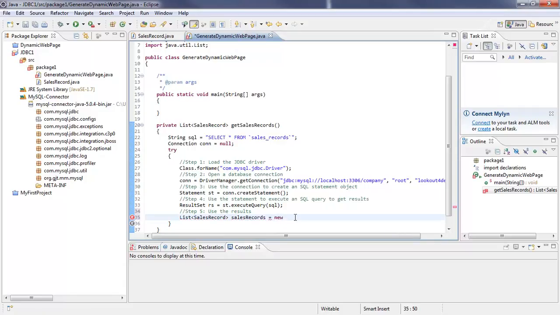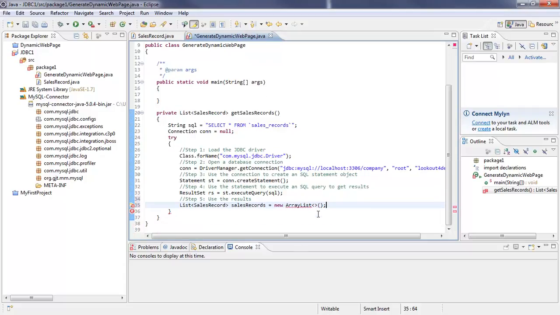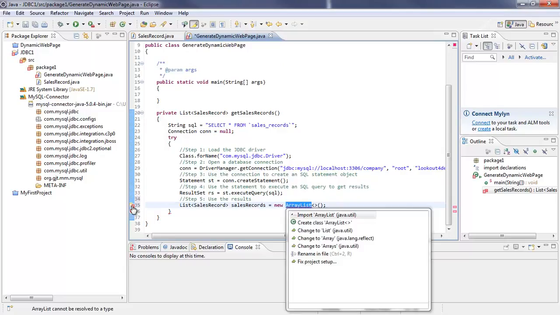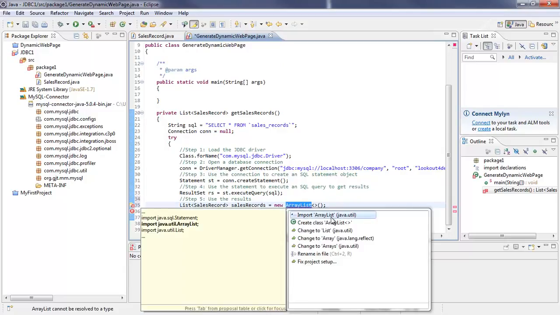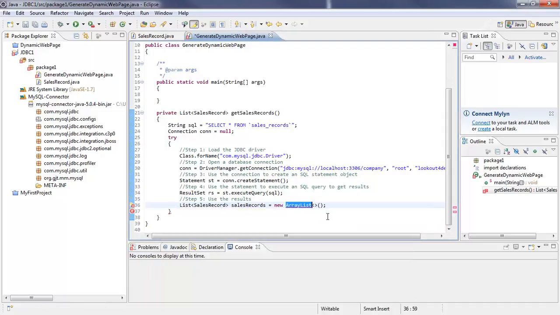So I'm gonna instantiate that as a new ArrayList, because List is an interface, and therefore we can't instantiate an interface, but rather we can instantiate a class that implements the List interface, which is ArrayList. And an ArrayList is a very good candidate, which we are going to import from java.util. It's a good candidate for a list of this sort of this result set type. Okay, so we're going to put this result set in a loop. I'm going to say while rs.next,